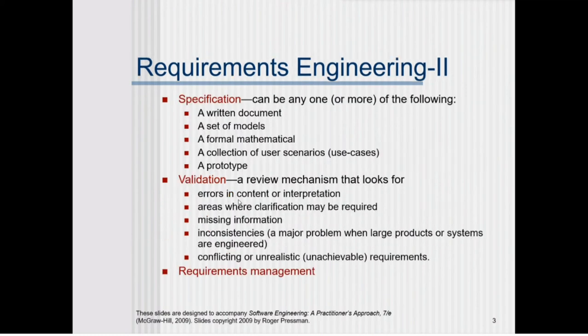And specification is where you have to write a document. This is how we have done it: a formal mathematical model, a collection of user scenarios, meaning use cases, a prototype, a set of models. So you will collect a model and then use case scenarios. That is what specification is. It can be one or more of the following: a written document, a set of models, whatever it is. Among these five or six, you can collect any one or two. Okay. And validation is